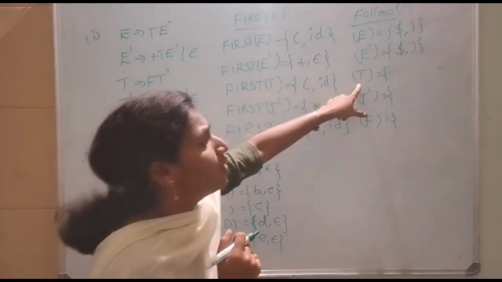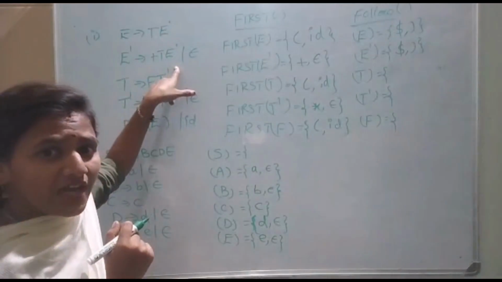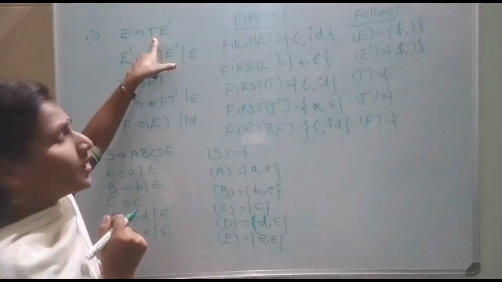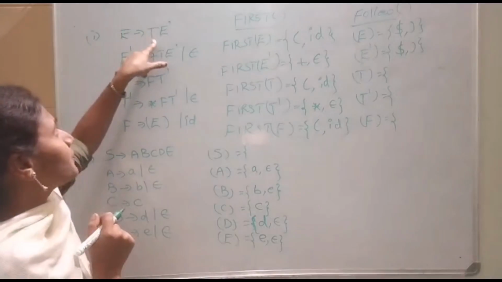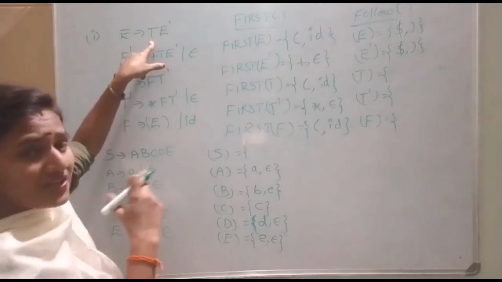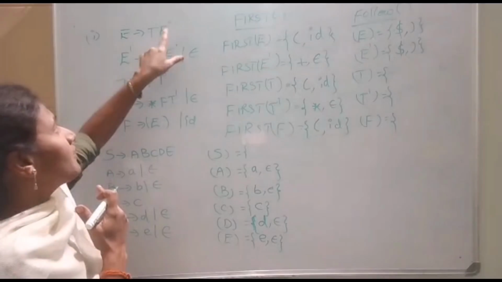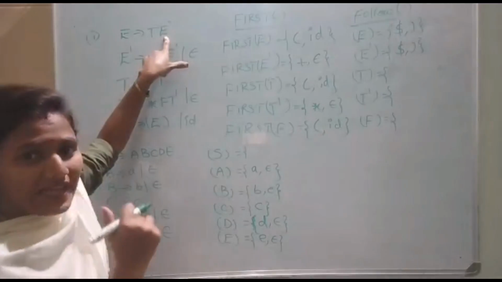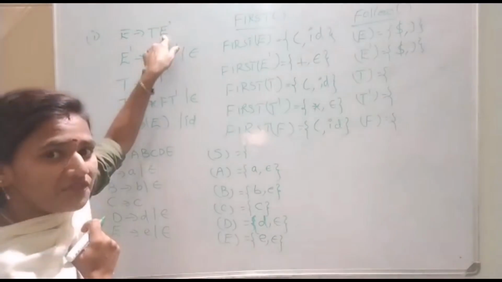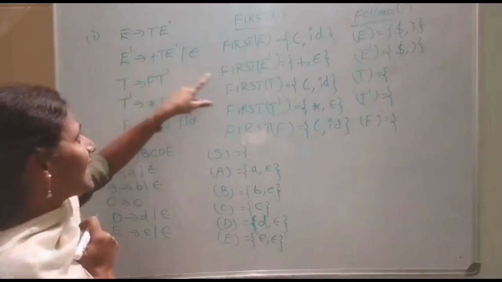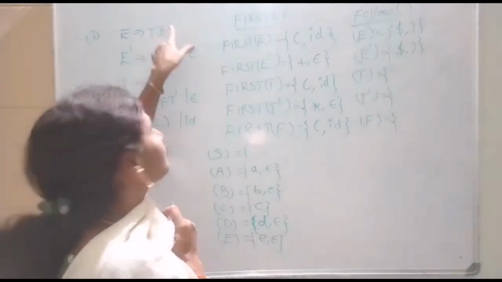Now moving on to follow of T. Now you have to check whether T is defined in the RHS of the productions. Yes. In the first production we have observed that, and the second production as well, isn't it? Now, what is the immediate grammar symbol after this grammar symbol T? E dash. Okay. So after this T, we have the grammar symbol E dash. For that, you are going to compute first of E dash. What is first of E dash here? Plus, comma, epsilon. So follow of T equals first of E dash.